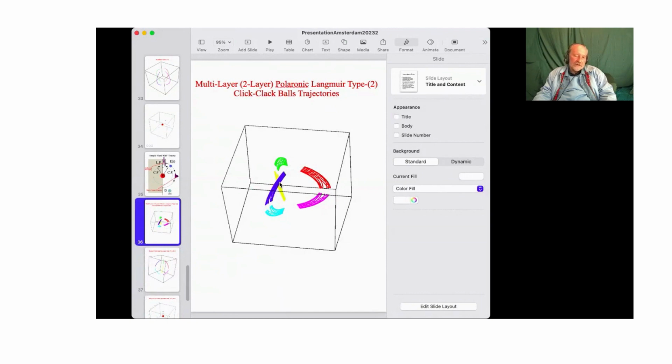Here is the case when you don't prepare the initial condition precisely, of course. So I was talking about it in the simpler case before, when they were not multi-layer. Okay, this is multi-layer configuration. So the electrons will go up and down, and they are bouncing from each other on repulsion symmetrically. Okay. So this is very good.